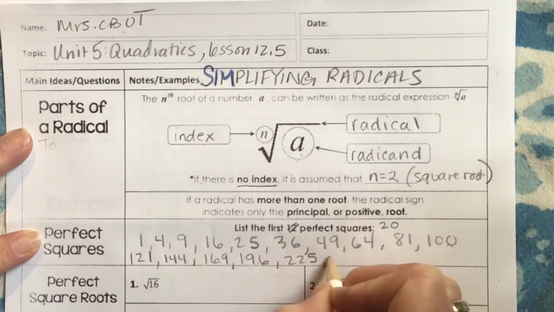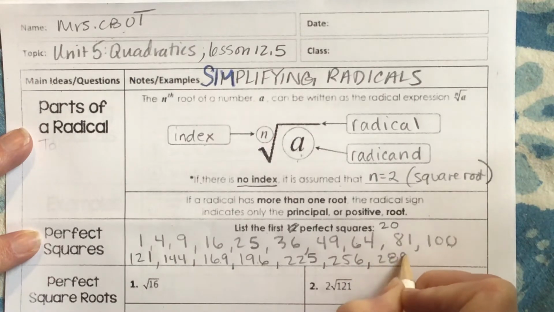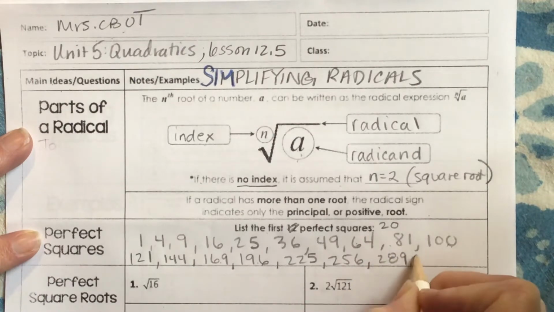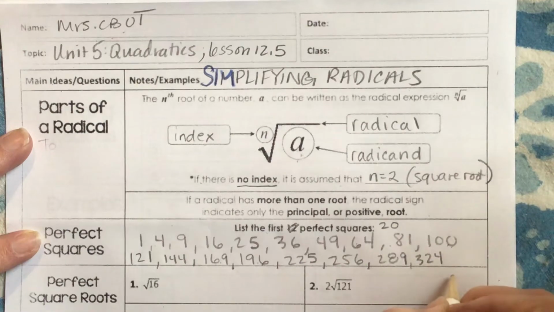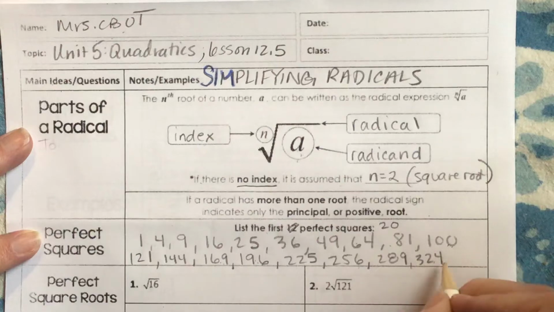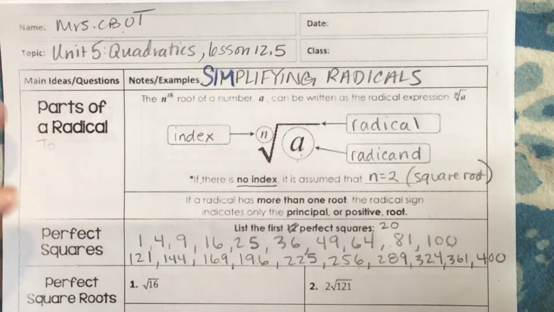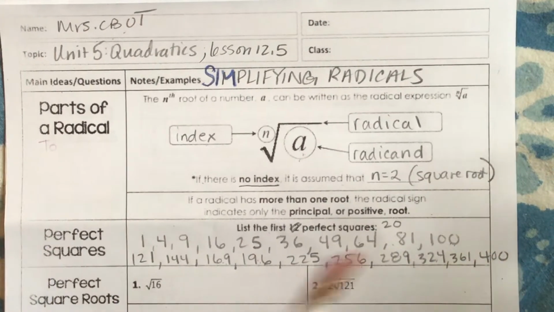225, 256, 289. I'm going to run out of room. 324. 1, 2, 3, 4, 5, 6, 7, 8. I need 361 and 400. So again, 400 is going to be, think about what that is a square, what its square